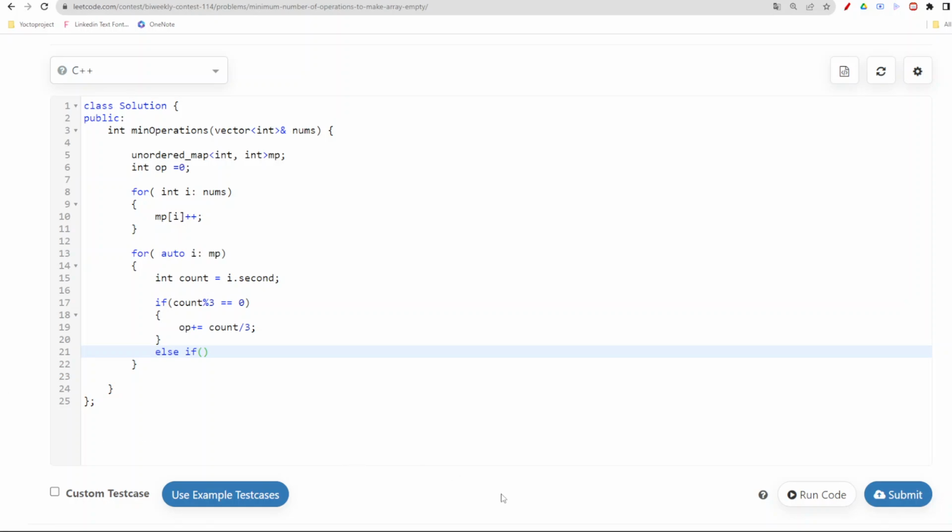If we do count modulo by 3 and the remainder is left out to be 2, right? That would be one possible combination. But we are required to check one more scenario, and that would be if we do this thing with whatever count is there, and from that only,